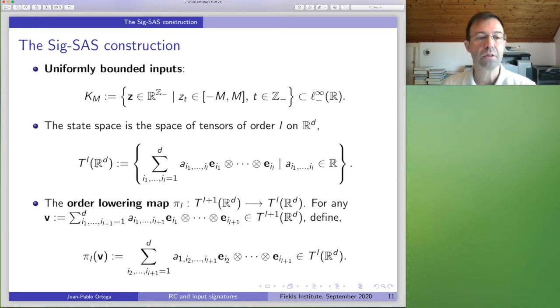This will be tensors of order L in R^d. The reason why I'm doing it with tensors of a given order is because I want to stay finite dimensional, basically because I want to formulate approximation bounds, right? However, if you want to make a better link between this and the constructions that Josef Teichmann will be showing you in his talk,